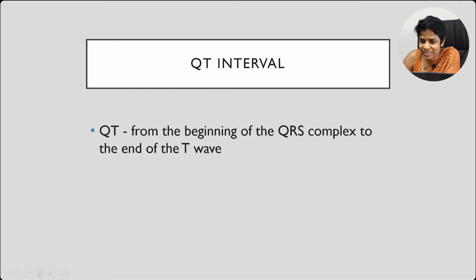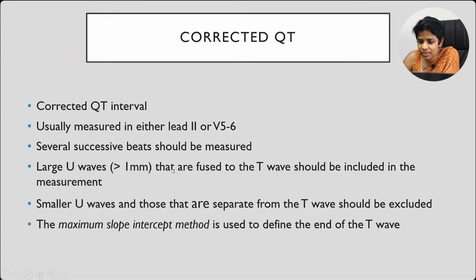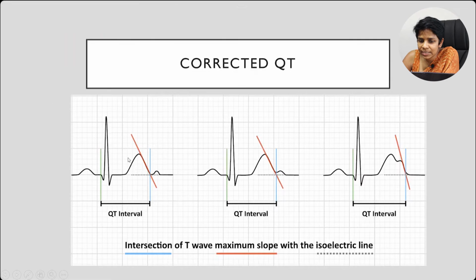And then one important step of interpreting ECG is assessment of the QT interval. QT is the interval starting from the beginning of the QRS to the end of the T wave. Important point is to find where the T wave ends. We usually use this